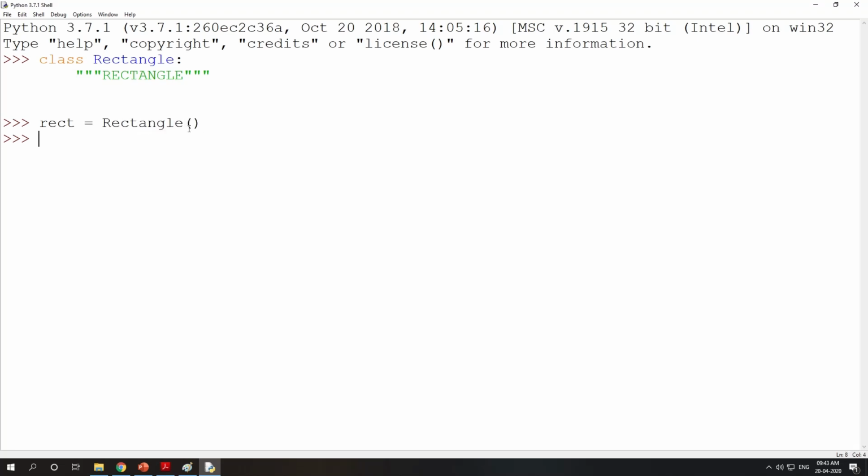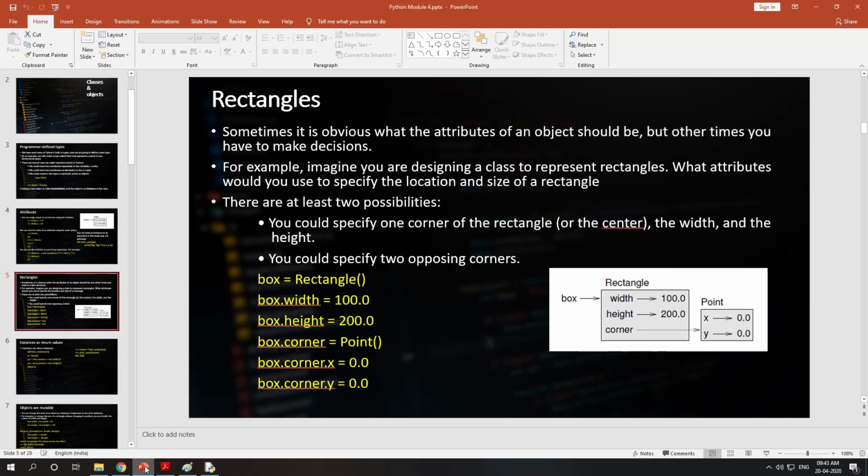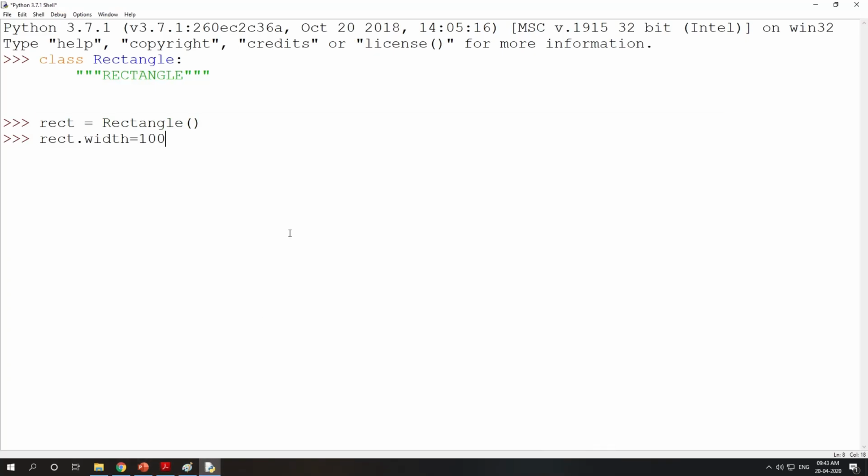So the object is created. Now rect.width is equal to, we'll take the same values as the author, 100.0, and rect.height is equal to 200.0. Now the next attribute is corner, which is an object of a class called Point, right?